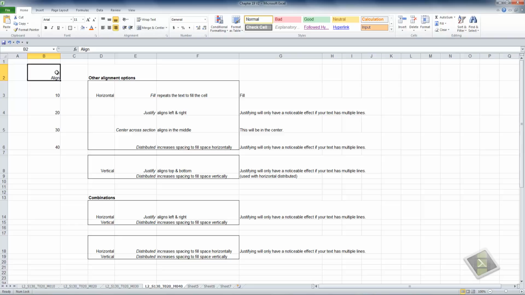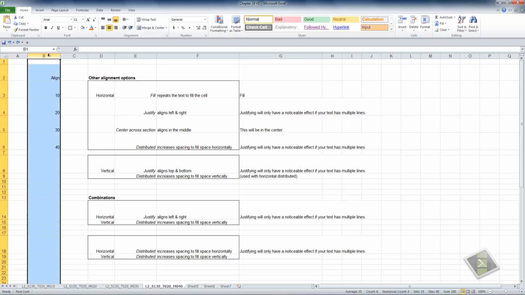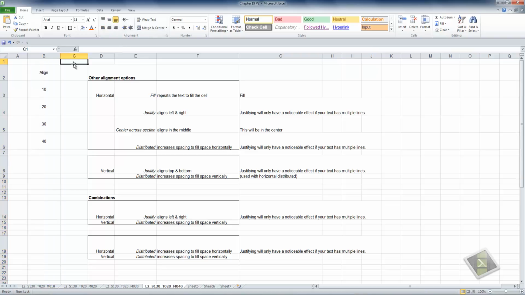I can also align either the numbers or the text in any way that I want to by selecting the choices here. I can align the text and the numbers, and it may take a couple of clicks to do it, but to the top of the cell, the middle of the cell, or the bottom of the cell. It's currently on the right of the cell. I can center it or move them all to the left. And I can move all the content in the very center of the cell by left-clicking both of those centering options. So there's a lot of flexibility with those 6 command buttons,